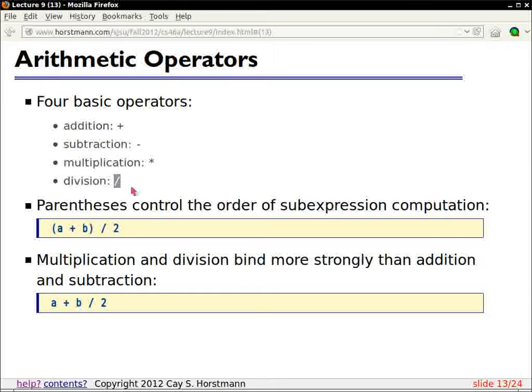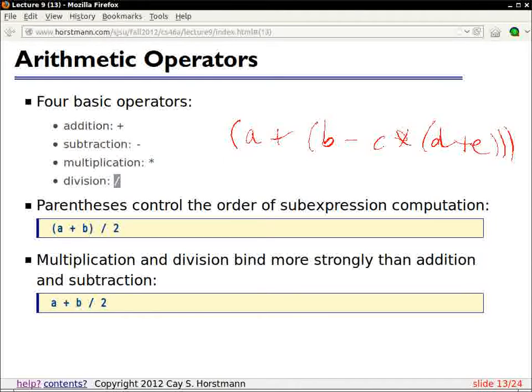Parentheses work in the normal way. Just like in regular algebra, multiplication and division bind stronger than addition. If you don't like that, you have to use parentheses. I don't think anyone's ever had difficulties with that. No, it does not recognize braces or brackets. So if you wanted to have multiple levels of grouping, you would just need lots of parentheses. And that's actually something that students sometimes dislike. So you might have A plus B minus C times D plus E, and then you have to close it with a bunch of round parentheses.